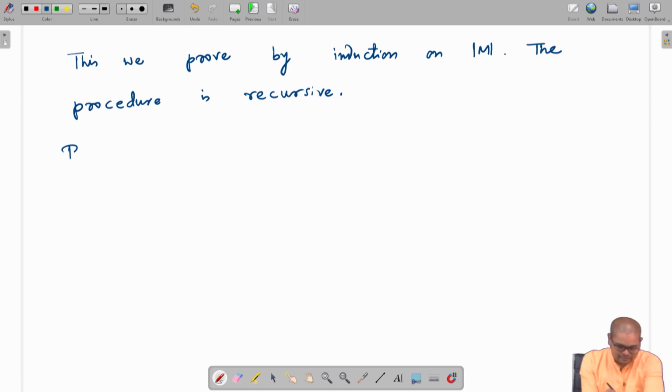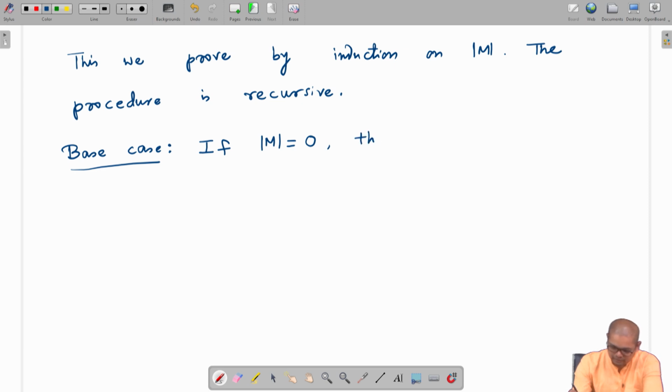So, base case: if cardinality of M is 0, then